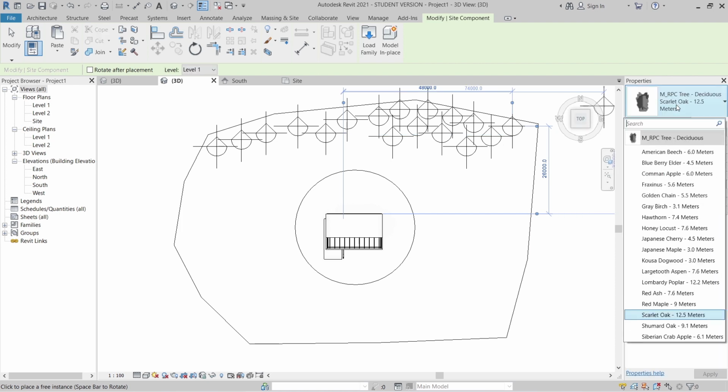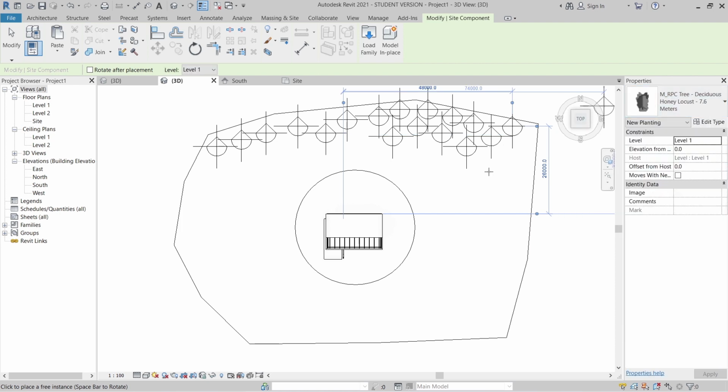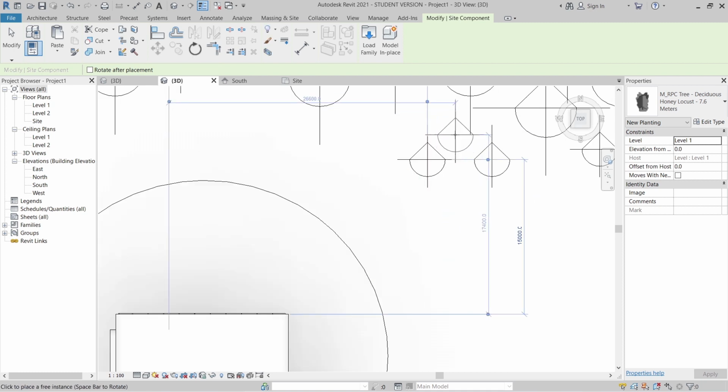Come on and make the smaller one, that is 1.6. Let me zoom in first.